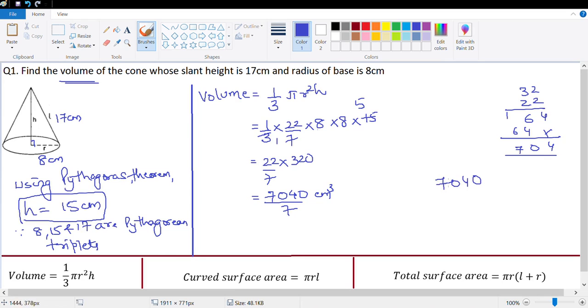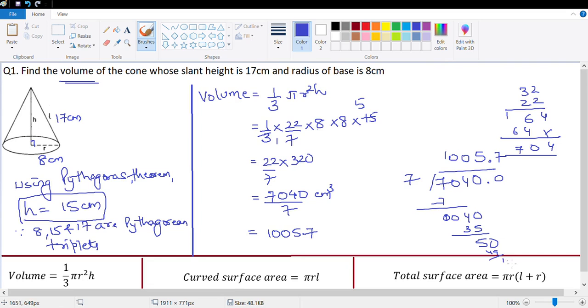So this would be 71, that's 0, sorry, this is 0, so this is 0, that's 4, which means again 0, this is 40, so that's 5, 7 into 5, 35, 50, let's put a decimal, bring down 0, so that's 7. So this is equal to 1005.7, that's 49, that's 10, which means 1. So